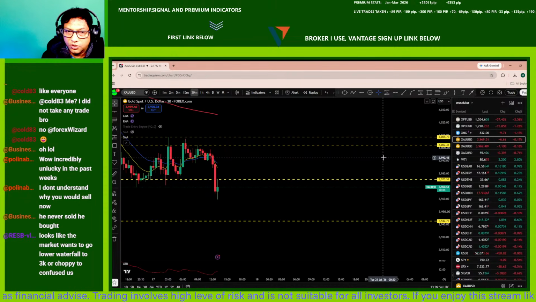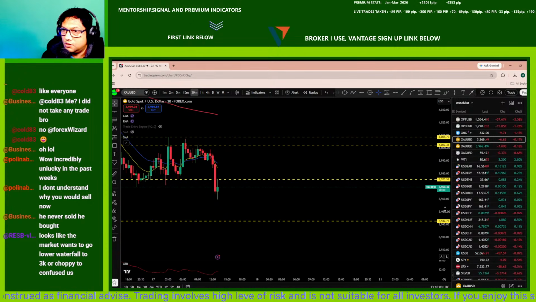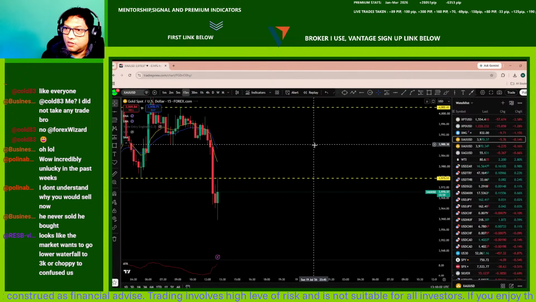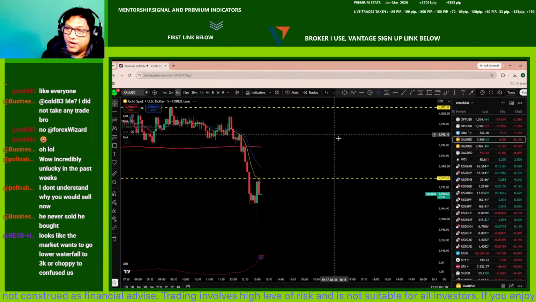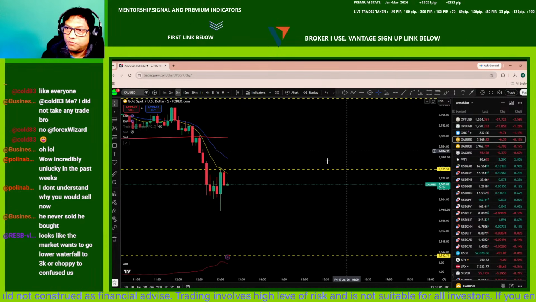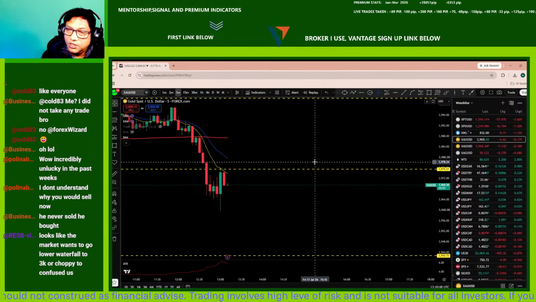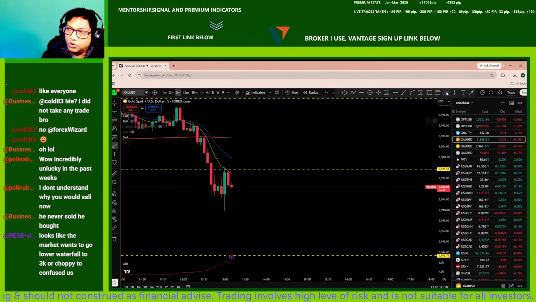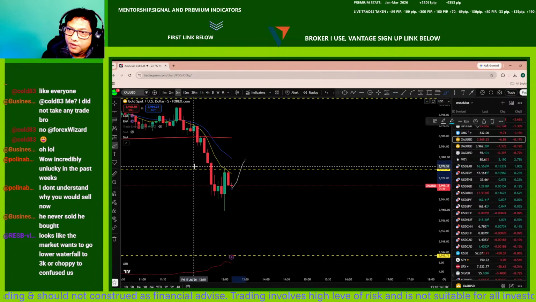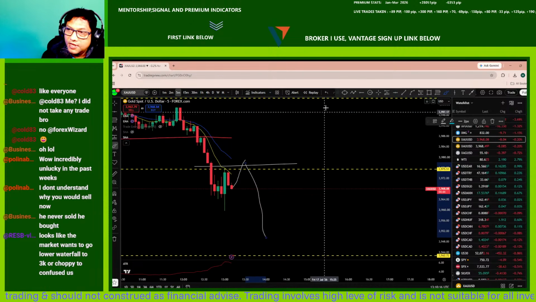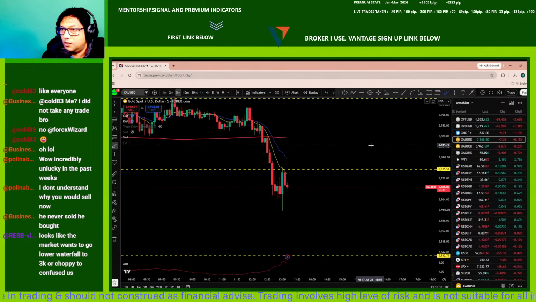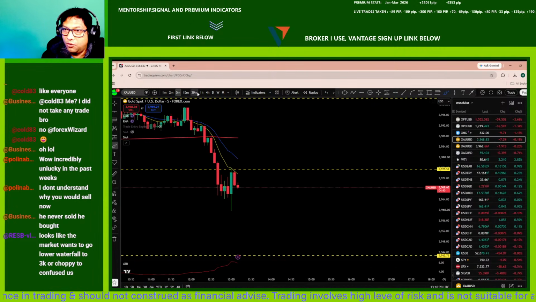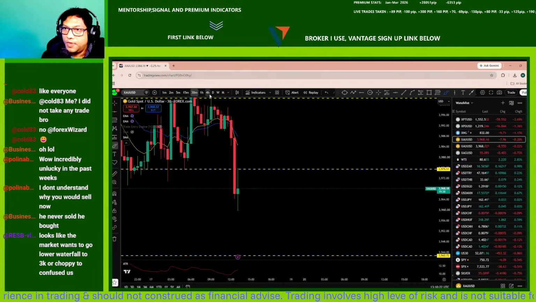Looks like the market wants to go lower, waterfall to 3K, or choppy to confuse us. I think you are to the point. It might go for little choppy here. It is usually still potentially remaining bearish, but you could see the price to have more liquidity and then draw back below here to the support area. So